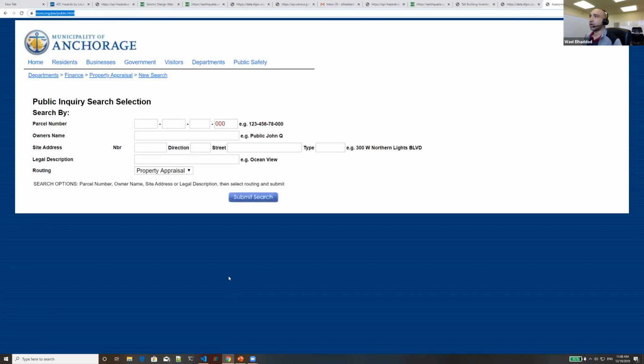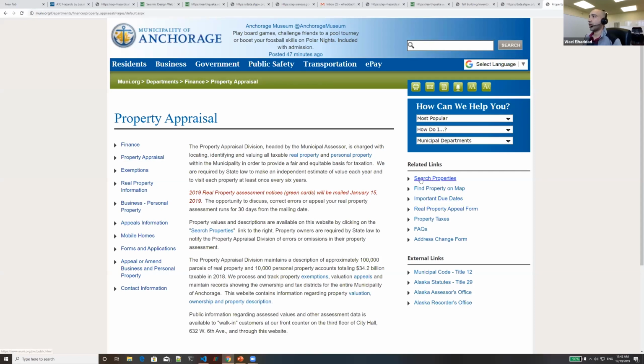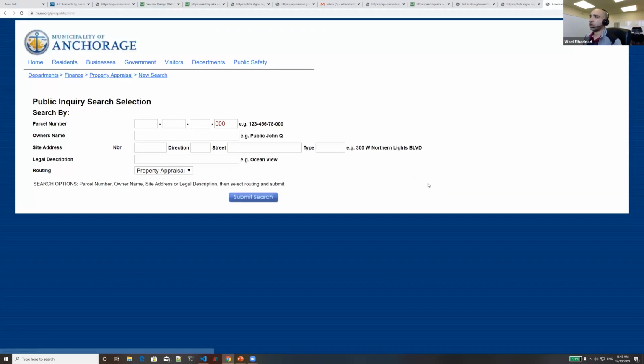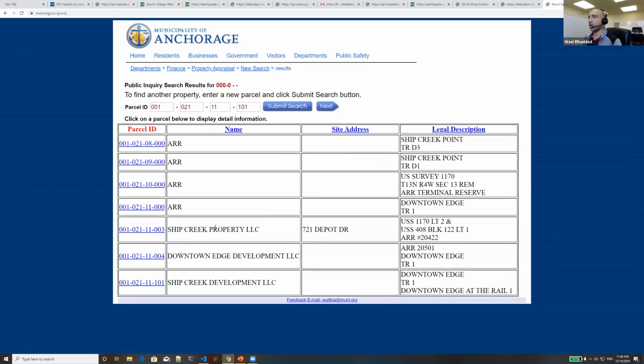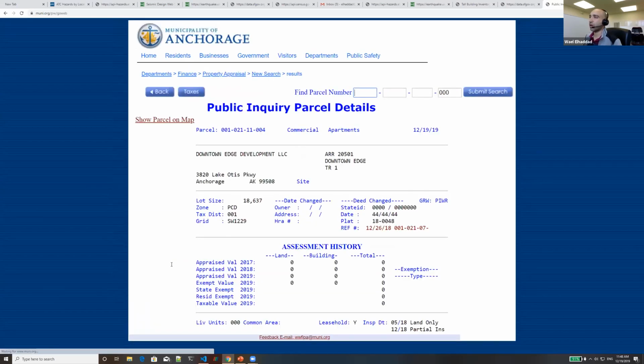Okay, so this is the tax assessor website. If you go to the Municipality of Anchorage website, you can click on this link, search properties, and you can search for any parcel or street address or something like that. And what I found out is if I enter 0 here and I click on search, it gives me the first parcel or the lowest parcel ID. And I'll just show you guys, this is a list of different parcels. If I click on one of them,